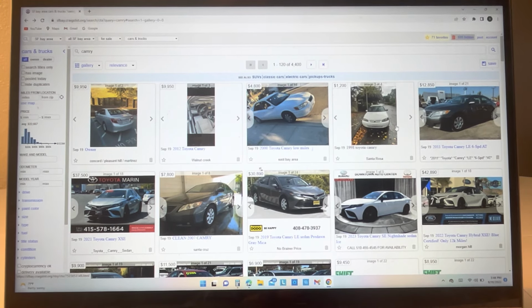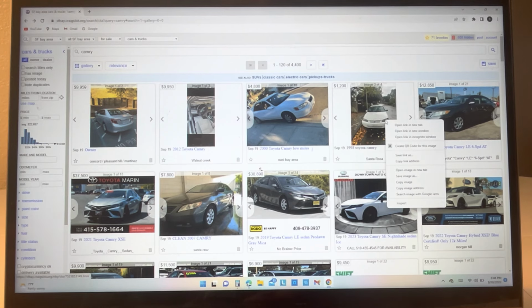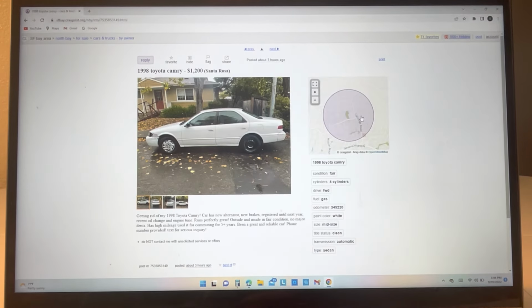So I don't know what the inside of the car looks like. It could be a disaster. But for $1,200, if it's smogged, all right, let's suppose I want to reply to this person's ad. Okay, so then you go to